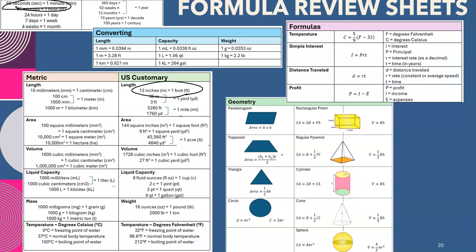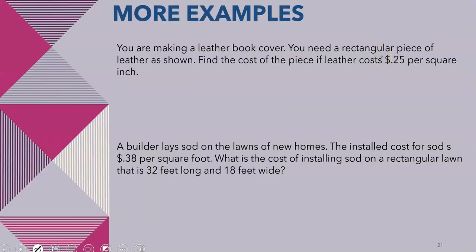Okay, let's keep going here. The next example, you are making a leather book cover. You need a rectangular piece of leather in order to do this. Our job is to find the cost of the piece of leather if that leather costs 25 cents per square